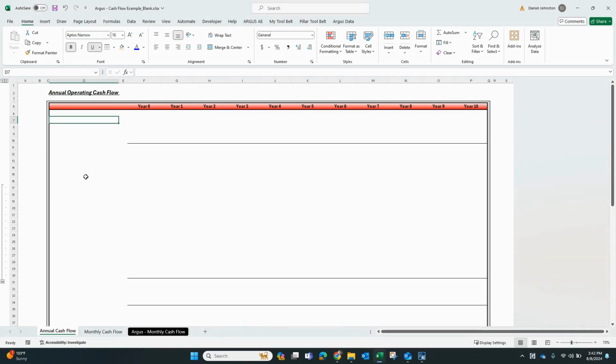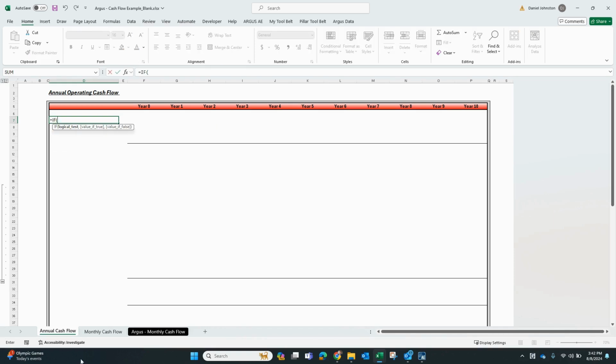Basically, what's going to happen here is this will just be all directly pulled from the monthly cash flow. And it's just going to be more of a roll up and presentation format. So what we're going to do is pull all the line item names from the monthly cash flow, so we won't edit any cash flow items here. It's just all going to be pulling over. So what we're going to do is we're going to say